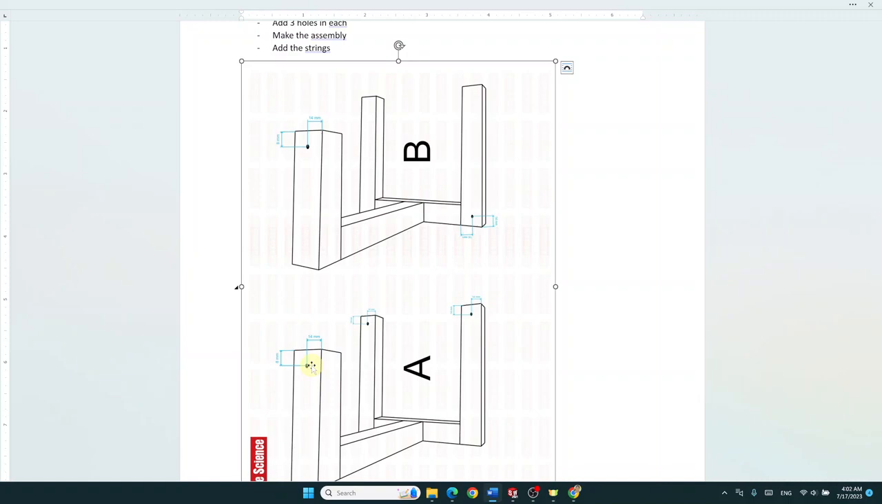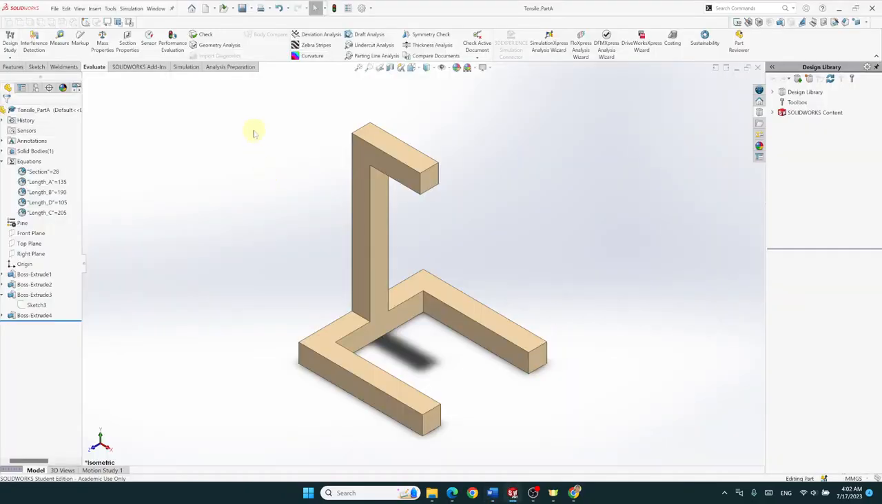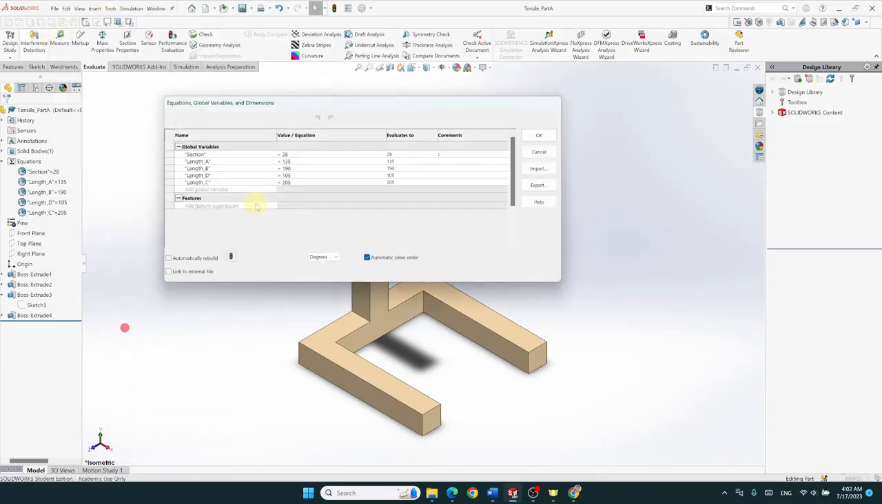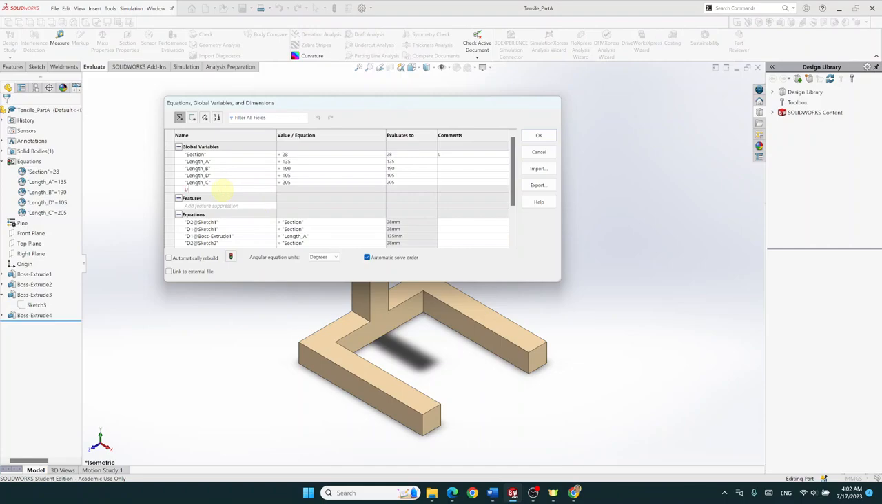So I will use, again, an equation for that. The 14 is easy, it's just the middle. So let's just use the middle for that. This 14 is the middle, and I will just use a distance for the 8 millimeters and the diameter. So let's go back to Solidworks. Let's add tools, equations. I will use the diameter